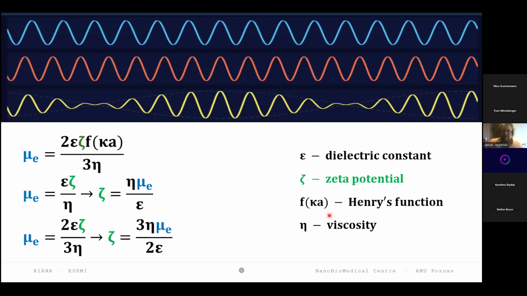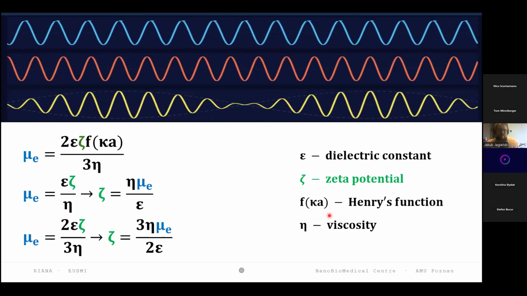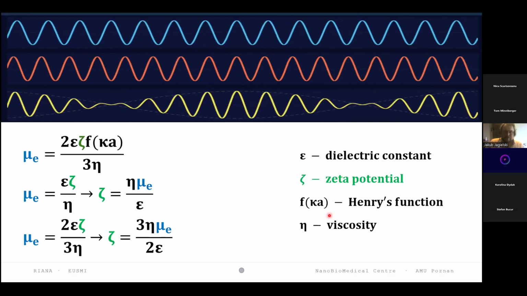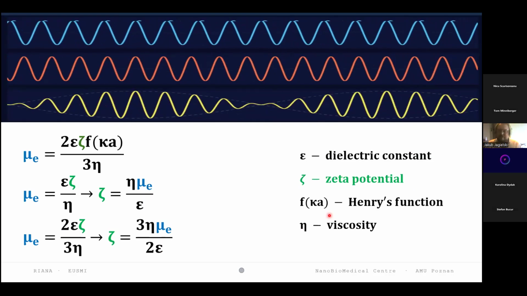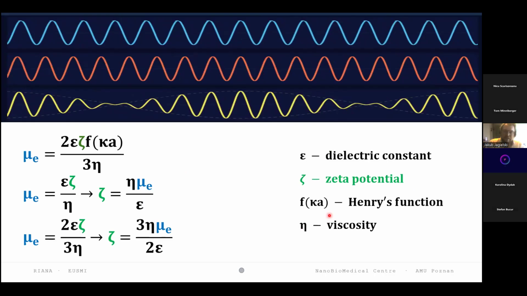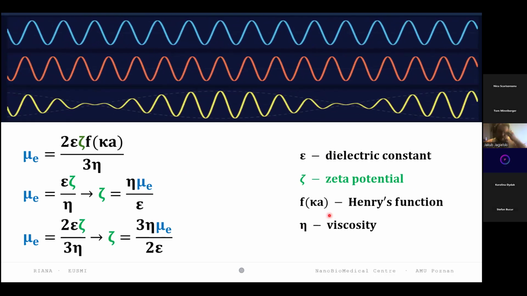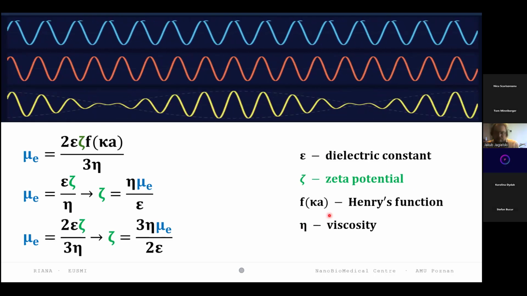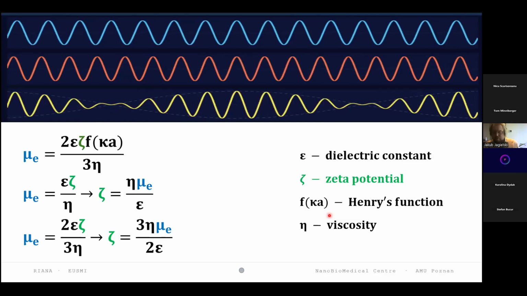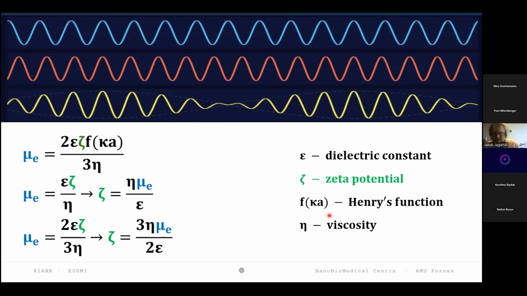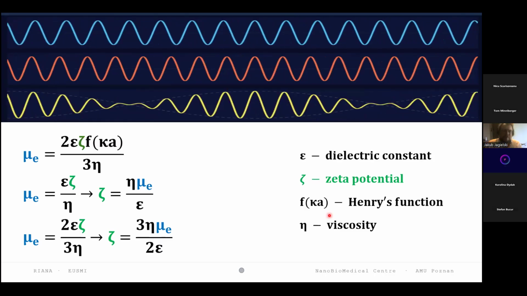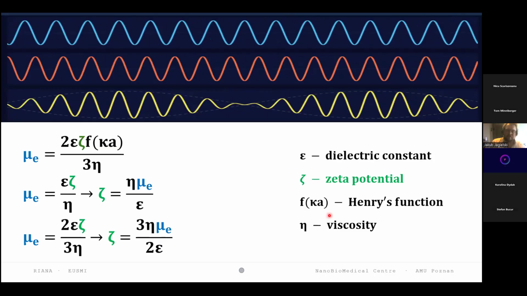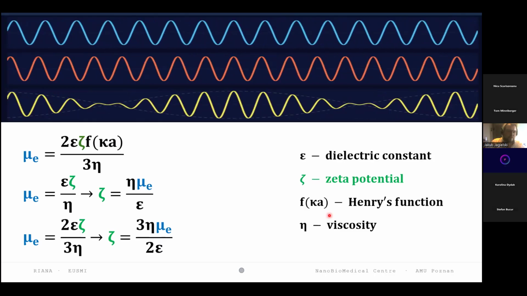So in real life, we use approximations based on two limiting cases. For large κa, we use the Smoluchowski limit, and for small κa, we use the so-called Hückel approximation. For our nanoparticles, we basically use the Smoluchowski approximation,